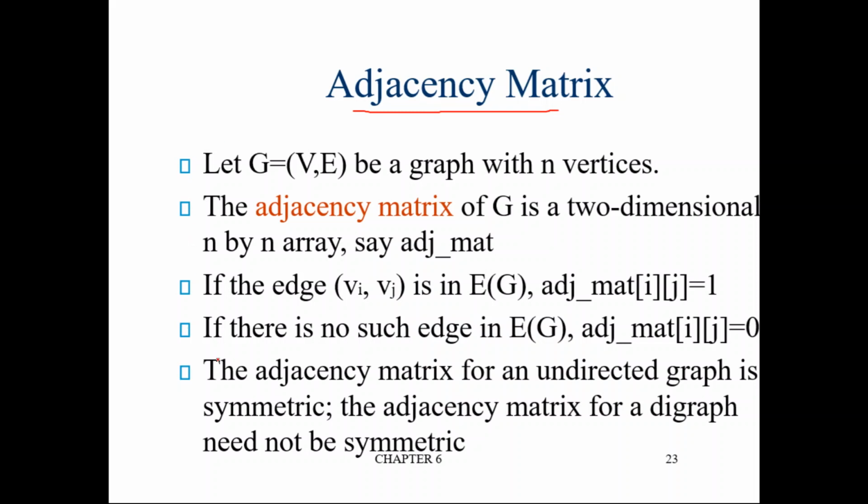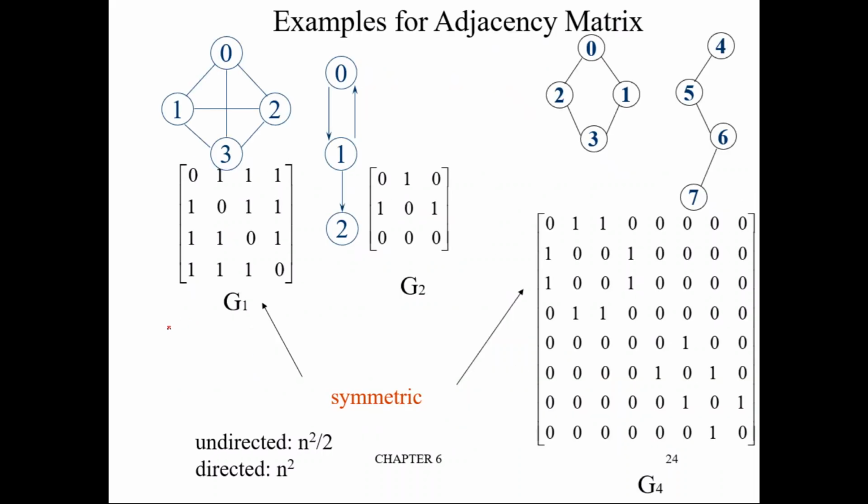Before discussing all these things, let me show you an example so that things will be clear. Let us assume these three graphs. This is graph 1, this is graph 2, and this is graph 3. These two are combined as one graph, not two different graphs. Let us see how this graph should be represented using an adjacency matrix. This graph can be represented using an adjacency matrix in this way.